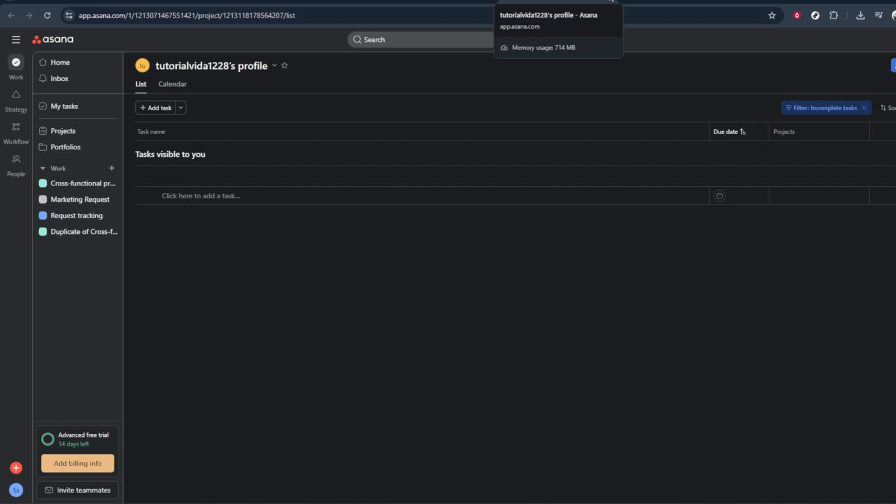From there, you'll be able to view tasks, see who you're working with, and start collaborating right away. And that's all there is to it. By opening your email, finding the Asana invitation, and clicking Accept Invite, you'll successfully join the workspace or project you were invited to and be ready to